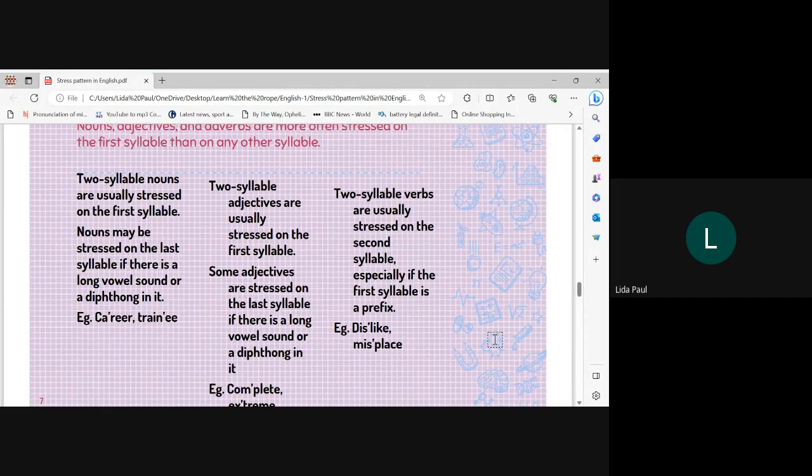So in both these cases, the stress is going to be on the last syllable, that is, on the diphthong or the long vowel. You know that the stress in a syllable is basically on the vowel sound in that syllable, right? When you say stressed syllable, you're saying that the vowel sound in that particular syllable is stressed. That's what we mean. So in the case of